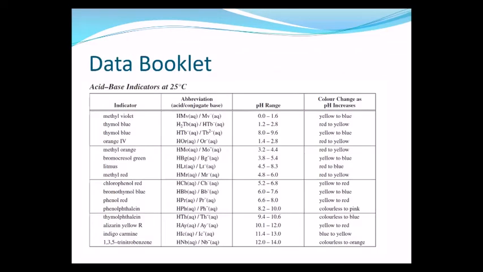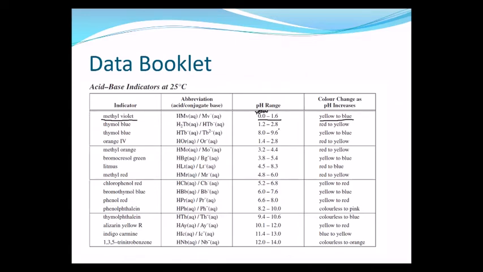Cool. So in your data booklet, you have this chart here, and this tells you about acid-base indicators. We've already used one acid-base indicator, which is litmus, but litmus is just one of many. The columns that you need to know are the name, that's important, where it'll change pH, and where it'll change color. So what this first number means is